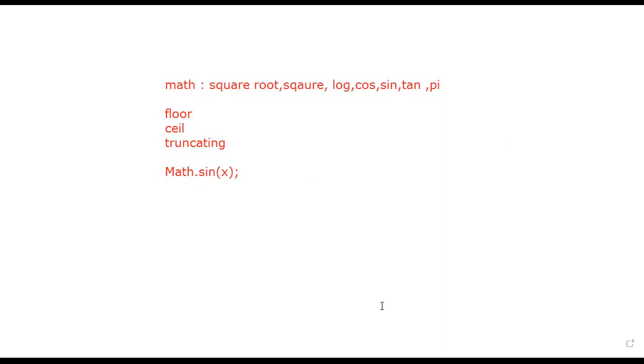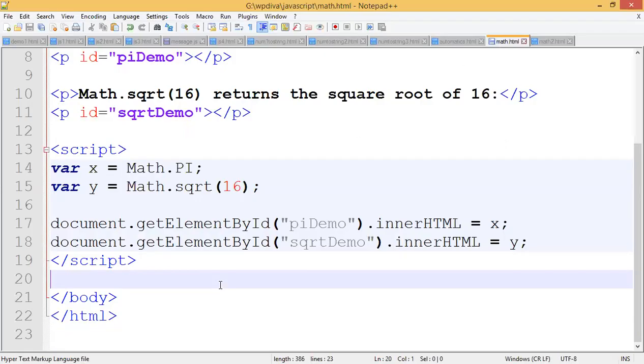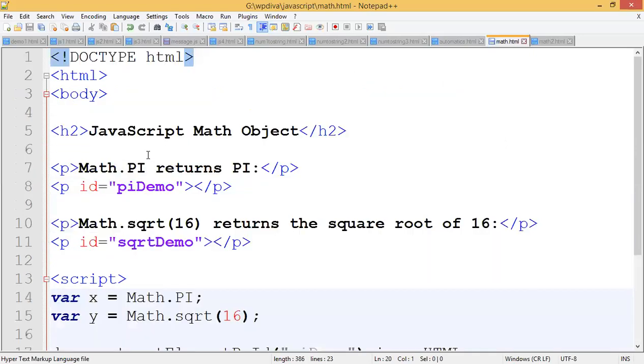Now let me show you one code as an example of what different math operations we can perform. Now see here. This is one code which will tell you what different methods you can implement with Math. Remember, after the class you can take a screenshot of this video, or today I will share yesterday's as well as today's video, and then you can write this example in the notes for the math object.